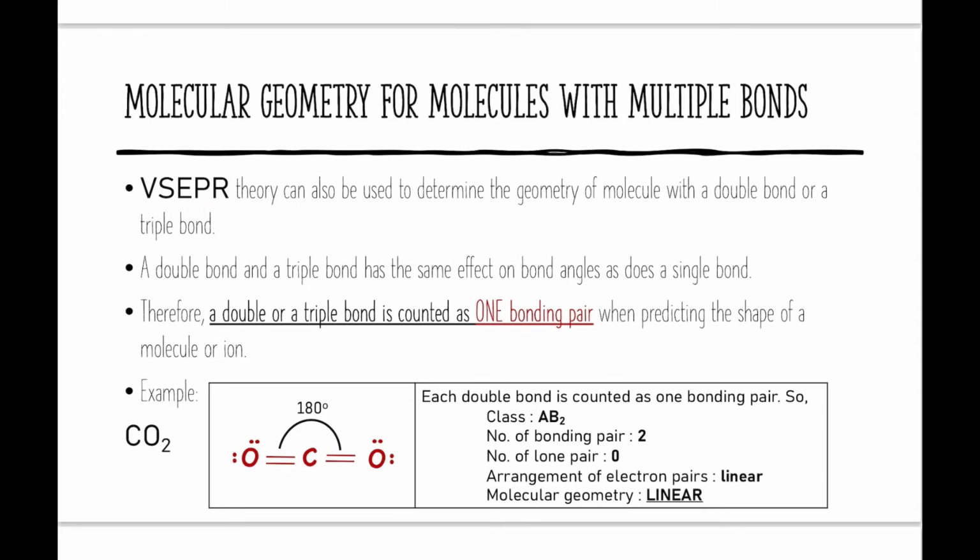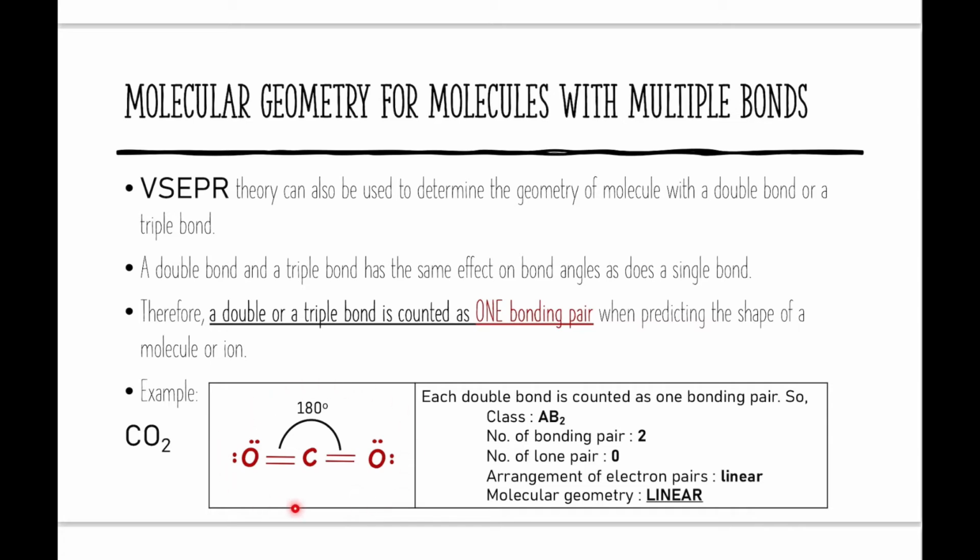VSEPR theory can also be used to determine the geometry of molecules with a double bond or a triple bond. A double bond and a triple bond have the same effect on the bond angles as does a single bond. Therefore, a double bond or a triple bond is counted as one bonding pair when predicting the shape of a molecule or an ion. For example, for carbon dioxide,